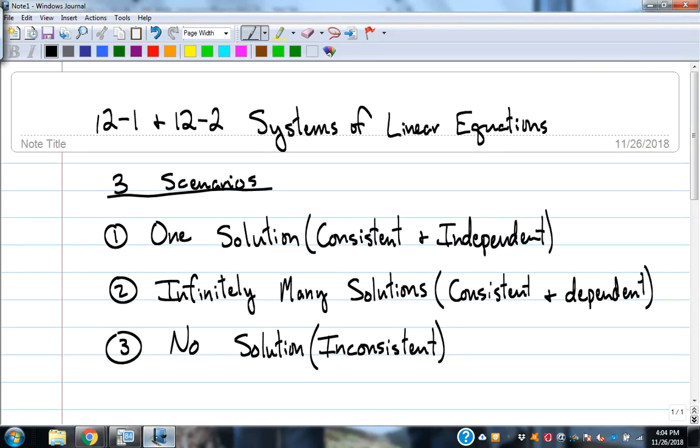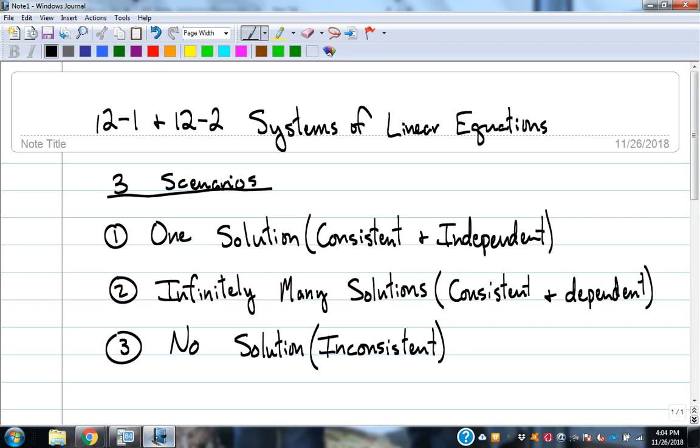Let's finish up. Chapter 12 is what we're going to cover tonight. So it's systems of equations, and we'll do some systems of inequalities as well. But anytime you're solving a system of equations, no matter how small or how large it is, you've got three scenarios